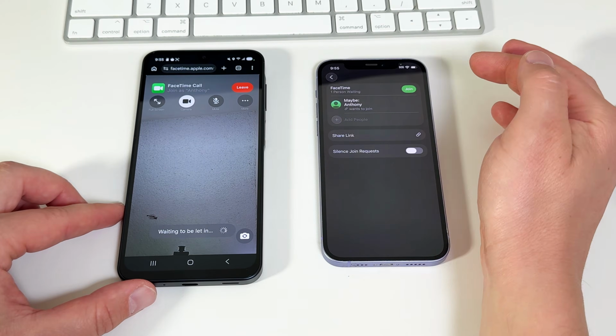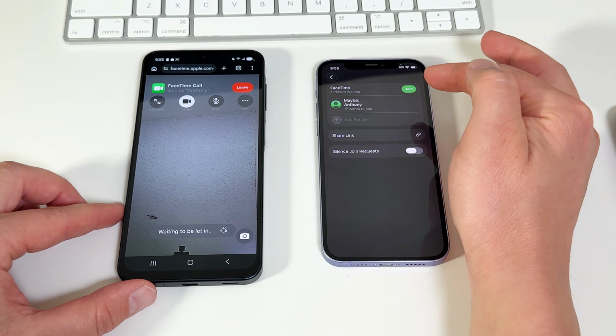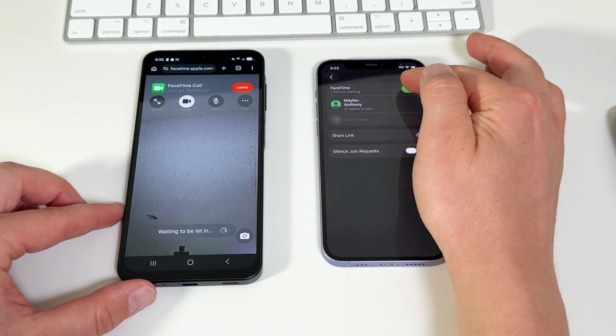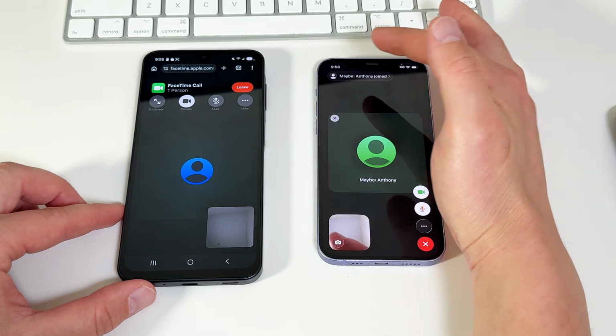On the iPhone side, we can now check the link settings, and you'll see there's one person waiting. I'll tap Join, and the call finally gets connected. It might take a second for the video to get going, but after this, you're officially on a FaceTime call